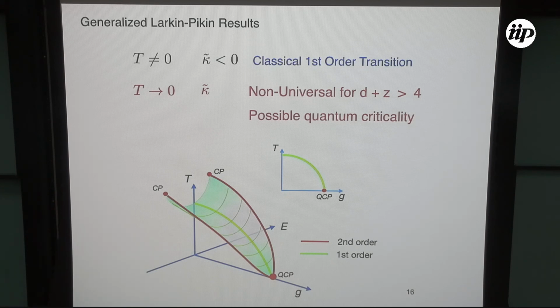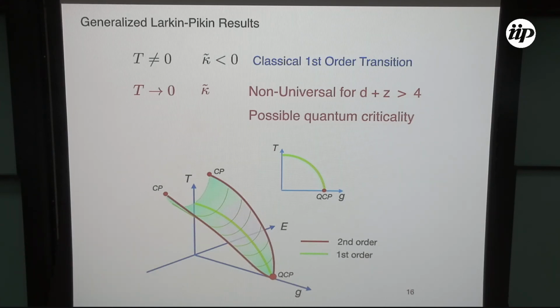We have a phase diagram that's in some sense the inversion of the other scenario. We have 2 classical critical points. We have a quantum critical point. We have a sheet of first order transitions. For those of us of a certain age, it looks a lot like a Rolling Stones cover, but in any case, that's where we are.